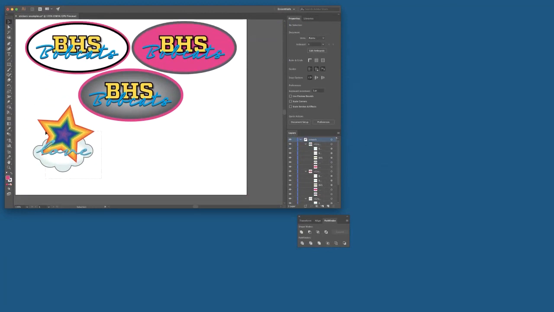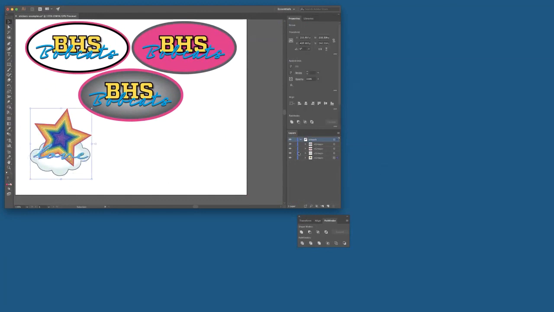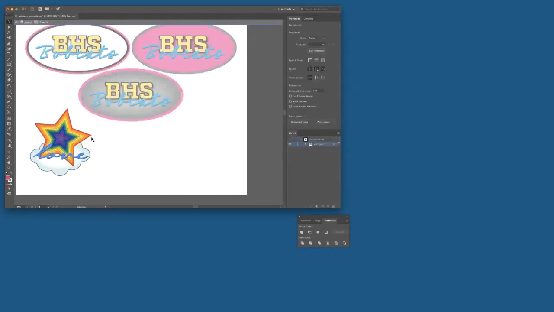So I'm going to use this other sticker down here now, which has a much more irregular outline. So the offset path feature still works. We just have to do a little bit of work to it first to get it ready to do that offset. Let me just organize my layers here for a minute and close all these groups. And I'm going to focus now on that star group. And let me go ahead and isolate that so that I don't screw anything else up. Oops. And the example from earlier when I was practicing is still there, so I'm going to delete that